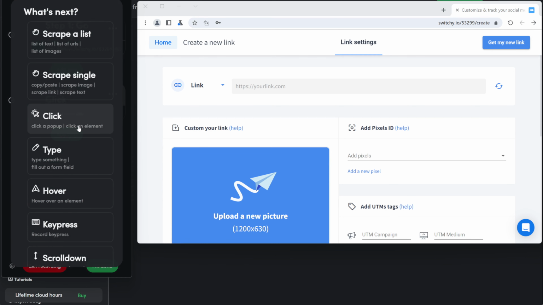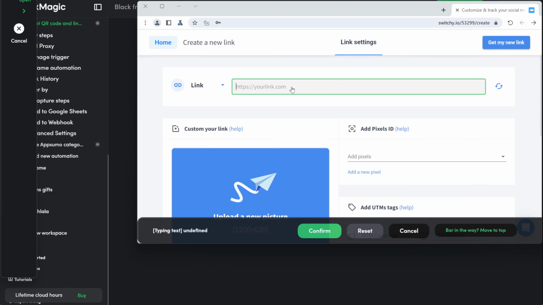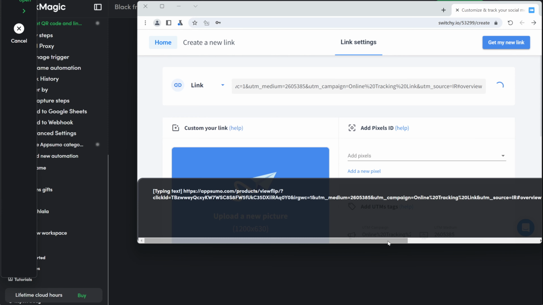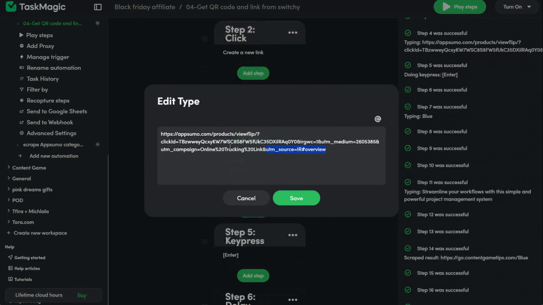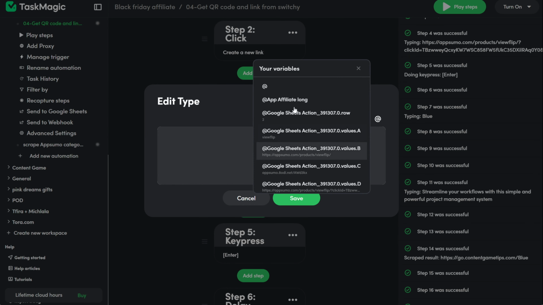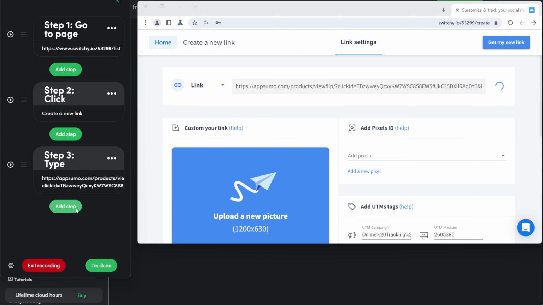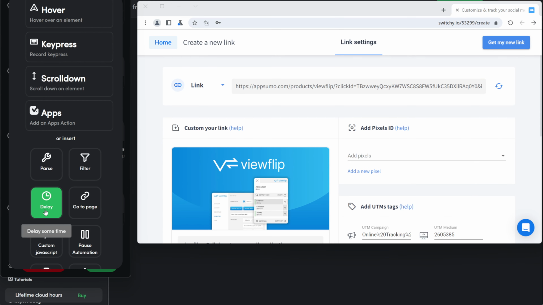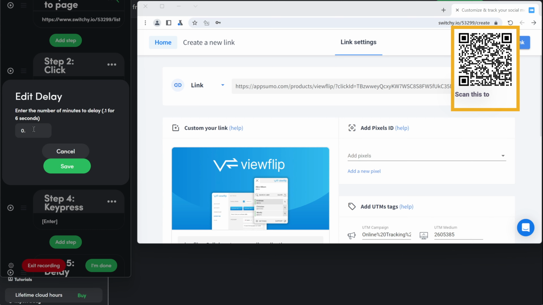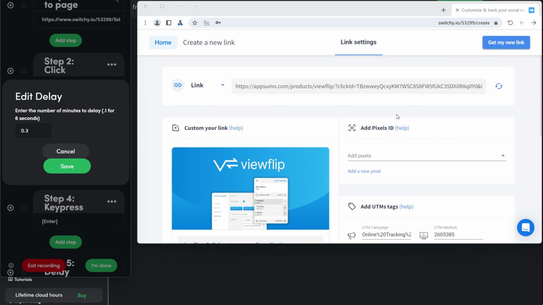Now find the type step and click where you're supposed to add the affiliate link. Paste the affiliate link from the Google Sheets and confirm. Before you continue, click on the content of this step, click on Strudel, and then find from the columns the right column for the affiliate link. Then you need to record another type step, which this time is a key press. Click on the key press step, then press enter, confirm. Add another delay so the system has enough time to recognize the website, because if it doesn't, you won't be able to create the link. Both steps, the key press and the delay, should give Switchy enough time to